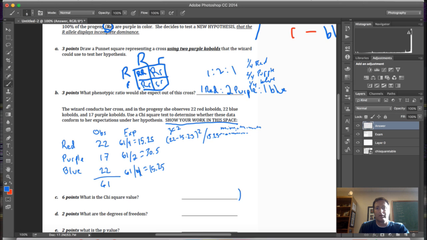What I like to do when I'm working chi-square problems on an exam is break it down and not try to do all of the math all at once. So I ask, what is each category's contribution to the chi-square test statistic? In this case, this would be 22 minus 15.25, squared, over expected, which is 15.25. Now what I'm going to do is I'm going to go